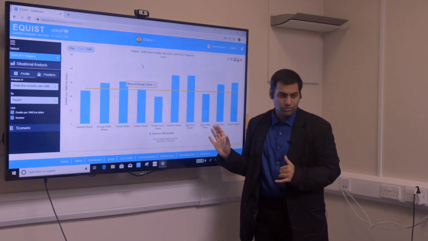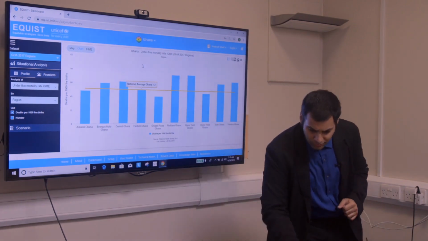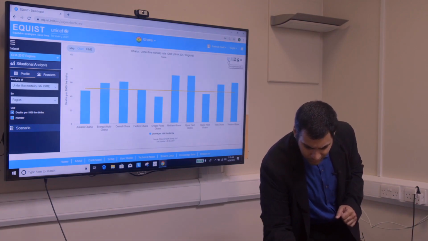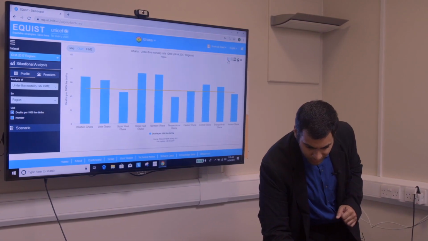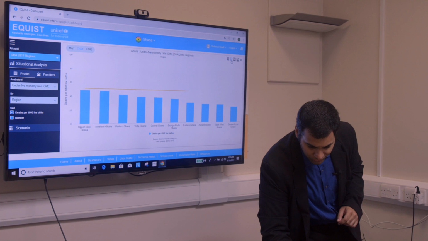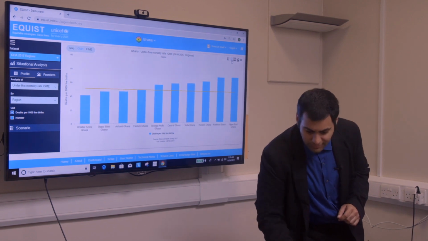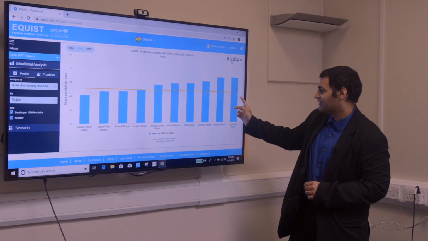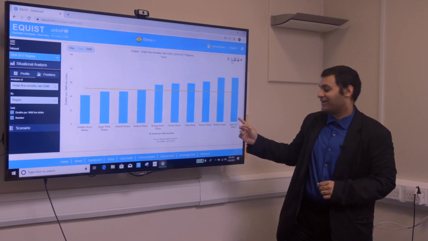So you can see how each region stacks up to the national average. If you wanted to sort the data a bit, you can do so alphabetically. I think it's alphabetical by default. You can be alphabetical, or if you click it again, reverse alphabetical. Or what I tend to do is look at the data by value, so maybe lowest to highest. So you can see in terms of under 5 mortality rate,